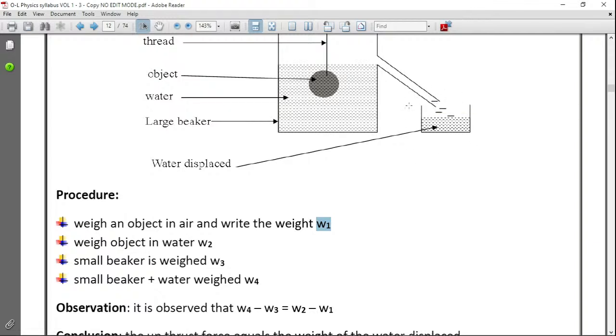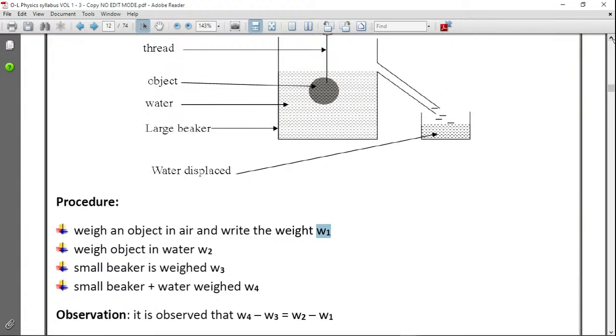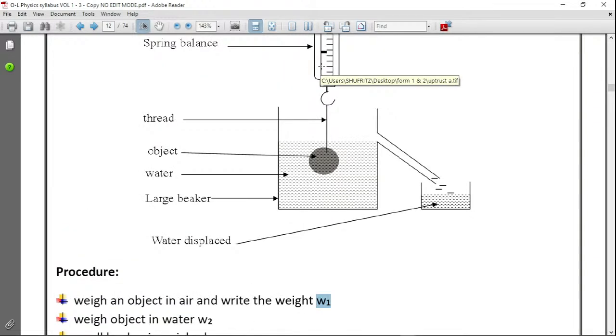Then you get the weight of this empty small beaker. So you weigh this empty small beaker first, then you place it here at the spout, after the water has stopped coming out, so no water will drop inside yet. Then you gradually lower this object inside the can, still suspended on the spring balance. When you lower it, you will read the new reading